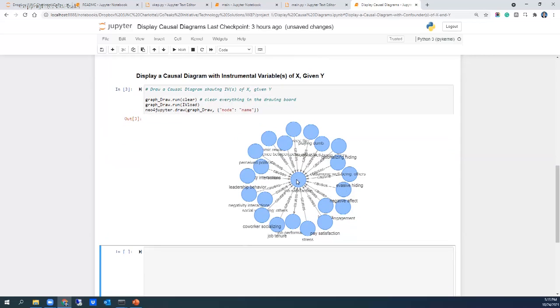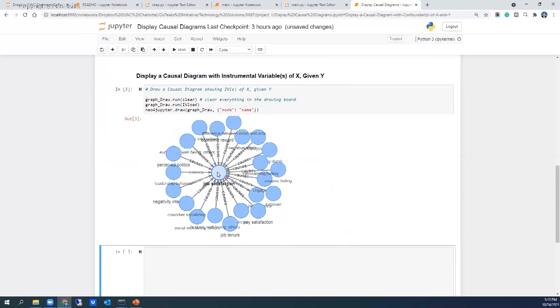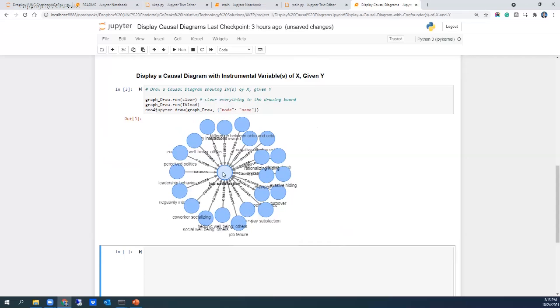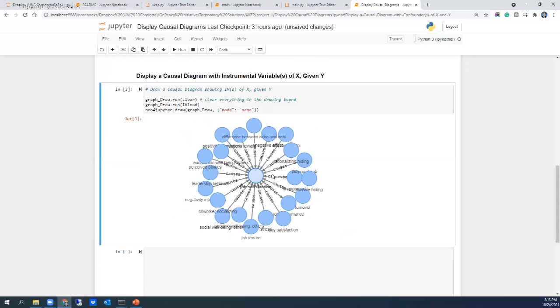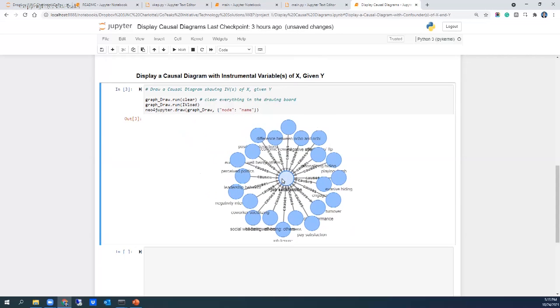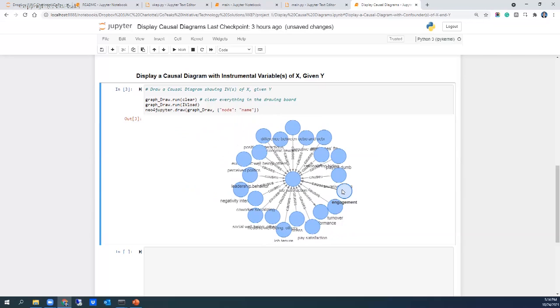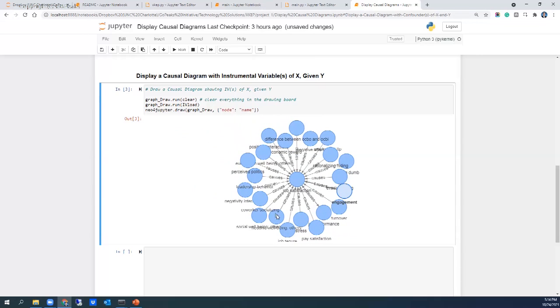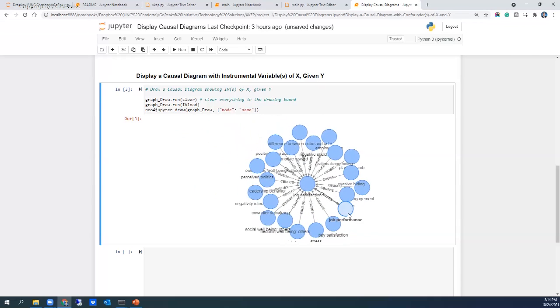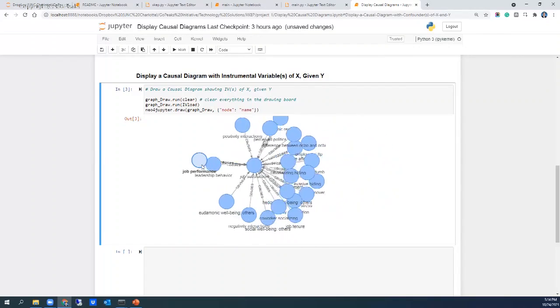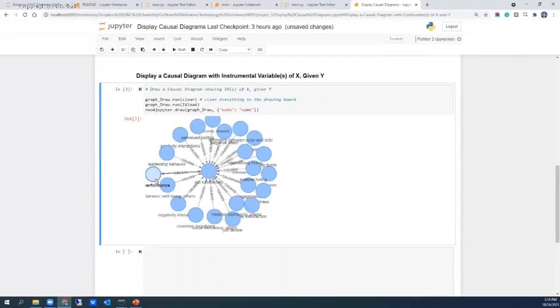Okay, so job satisfaction is the independent variable, and we're looking for instrumental variables. That is the variables which will affect job satisfaction, but not the outcome variable we're interested in, which is performance. Right, as you can see, performance is not linked to any of those variables.